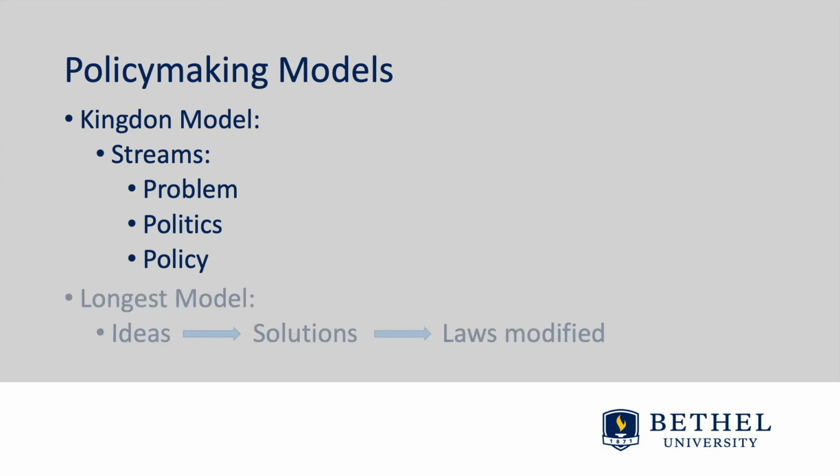In contrast, in the Longus model, policymaking is approached in a cyclical process in which laws are subject to change. This model emphasizes the power that individuals, organizations, and special interest groups have on every aspect of the process. Laws are modified from other existing policies. This approach tends to make more incremental changes again and again.